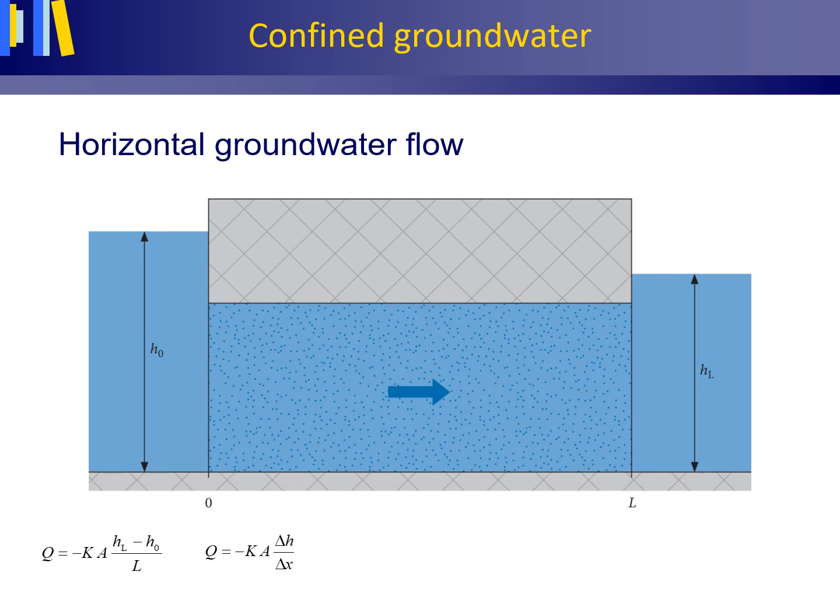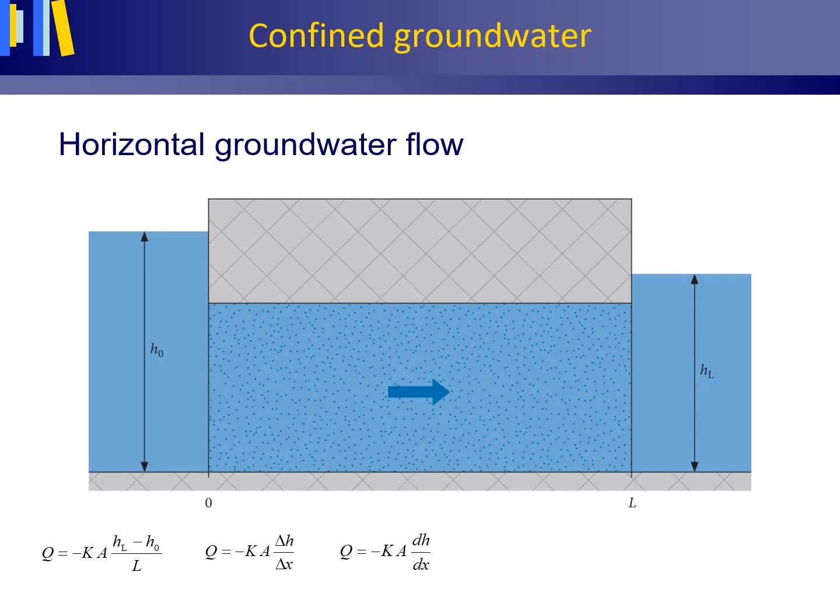This can also be written in the following shape: for an increment delta x along a streamline and a corresponding difference in hydraulic head delta H, Q, the volume flux, equals minus K times A times the hydraulic gradient, written as delta H over delta x. If we take delta x infinitely small, we can write dH/dx instead of delta H over delta x for the hydraulic gradient.